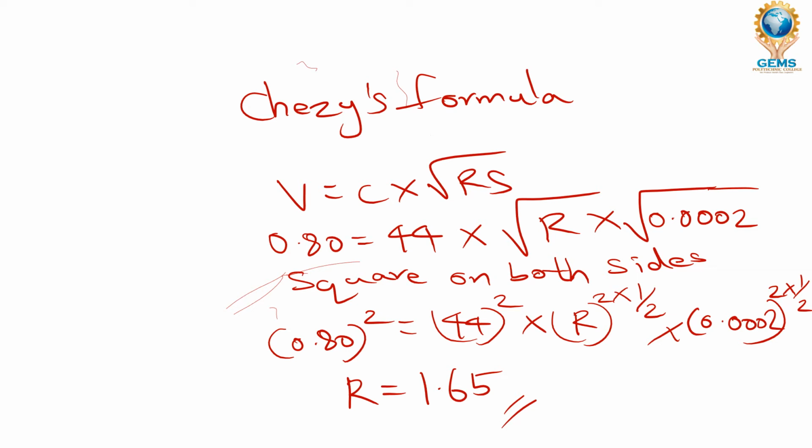Then we are going to continue in the next slides to find the area and the wetted perimeter by substituting these values. Come to the other slides. Now we have found the R value, which is the hydraulic mean depth value, and we are going to substitute it in the hydraulic mean depth formula. I'm going to show you how we substitute that.